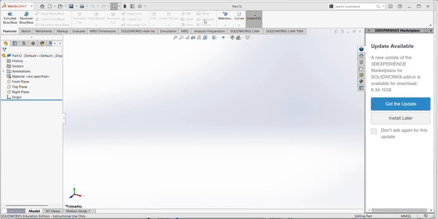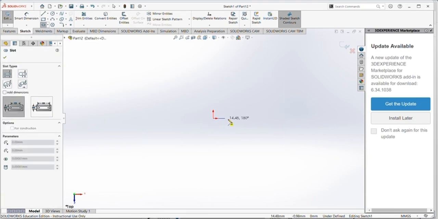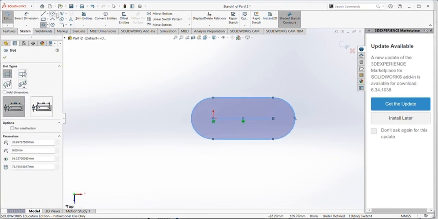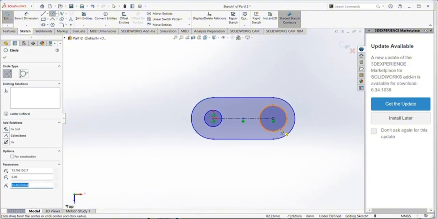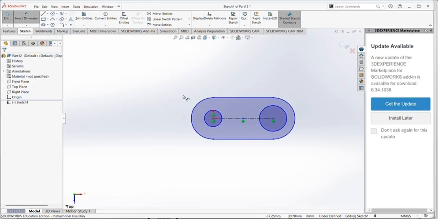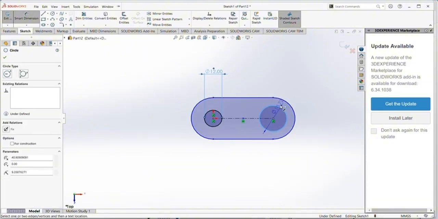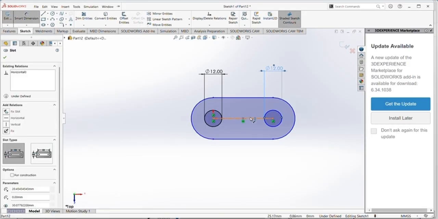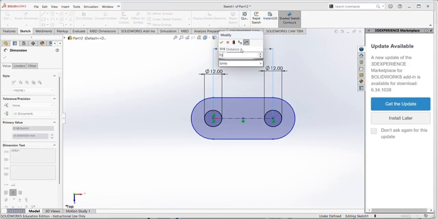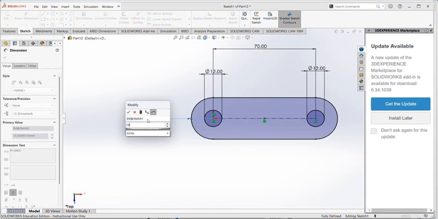Now I will show you guys how to create the mid plates. So we'll be creating that in the top plate. Sketch, use a straight slot, make a straight line and then extend it upwards. Then make two holes, and then you assign the smart dimension 12 millimeter, and this one also 12 millimeter, and this should be 70 millimeter, and this radius should be 19,